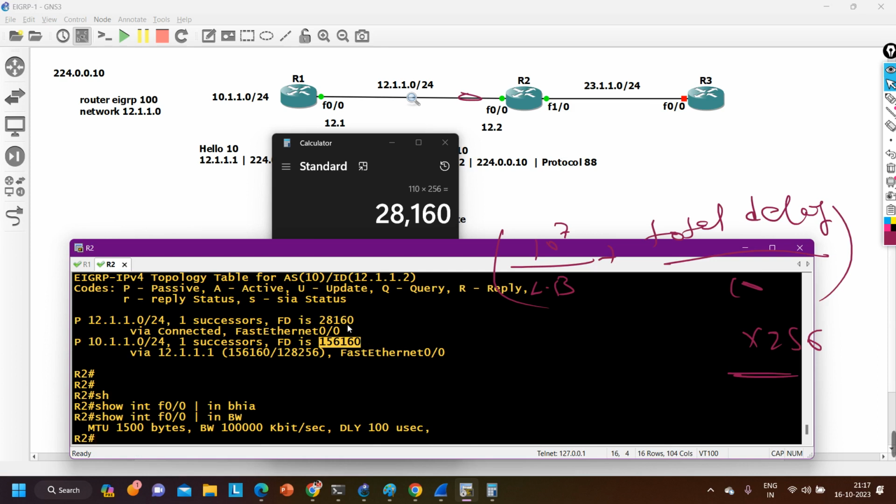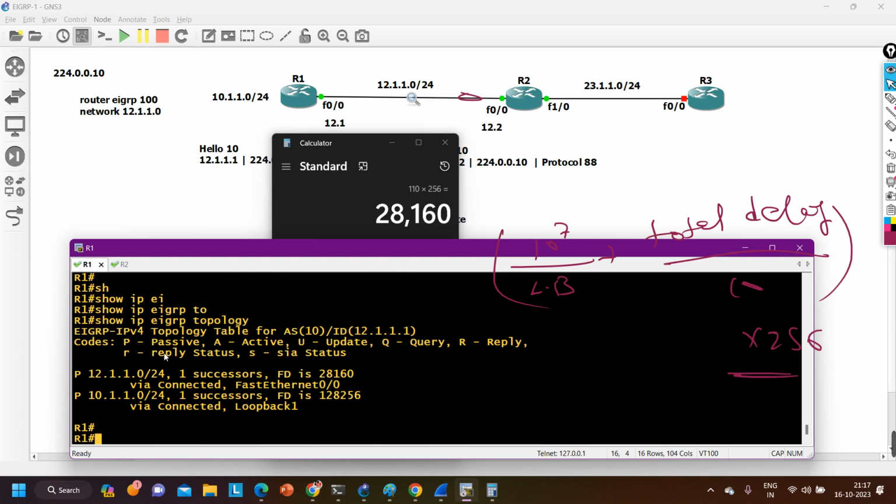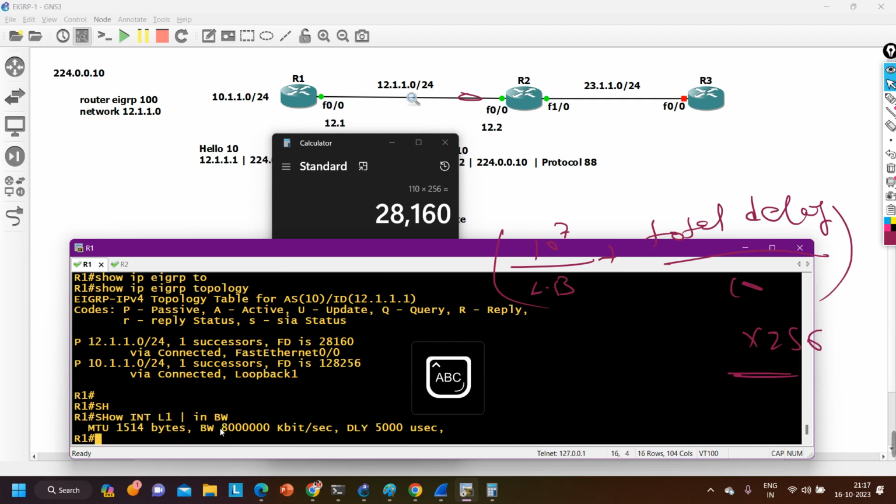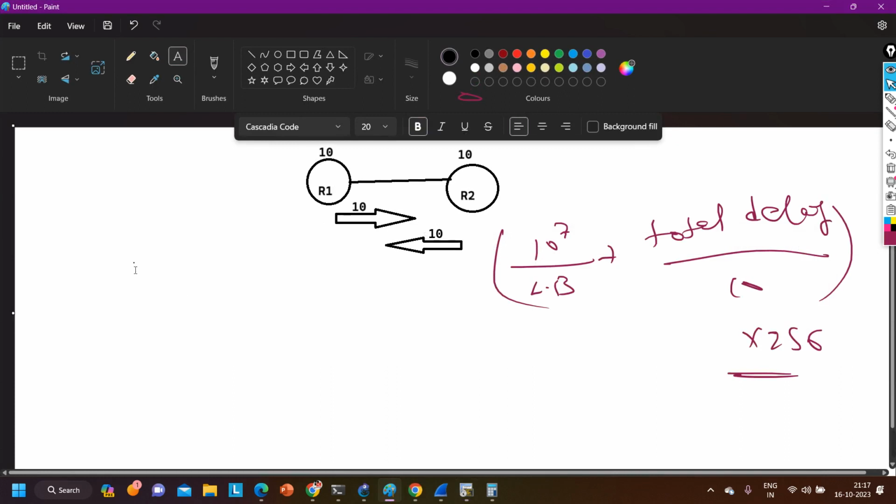Router 2 has calculated this value. If you want to verify, what you can do here is go to interface loopback 1 and say include bandwidth. So this is bandwidth. Here the bandwidth is going to be this one. Let me put here 10 to the power 7